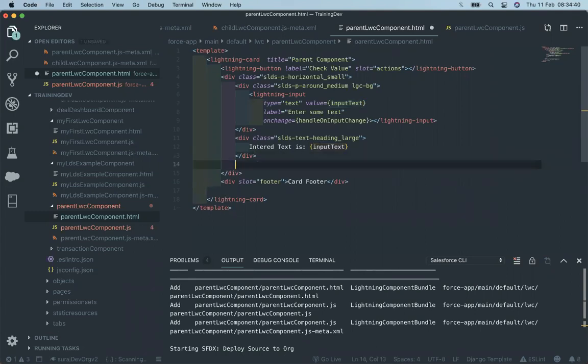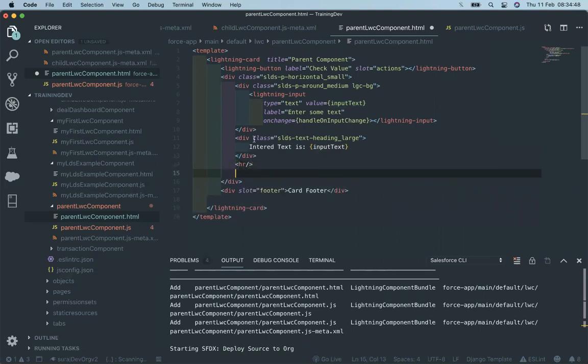So let's put an HR up here. Now let's bind our child component. For binding a child component, we have to use c-child. All the capitals get smaller, since in our child component we have a child, capital L WC capital C component, so we have to use c-child, with each capital becoming smaller, and this thing is known as, I think, kebab case.